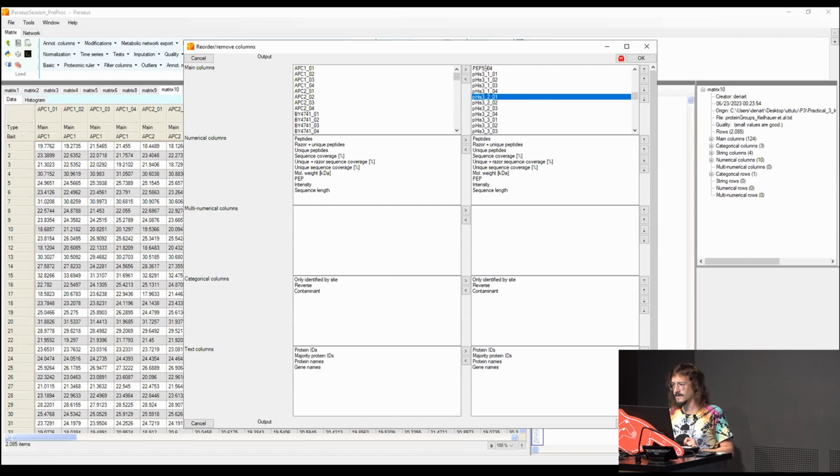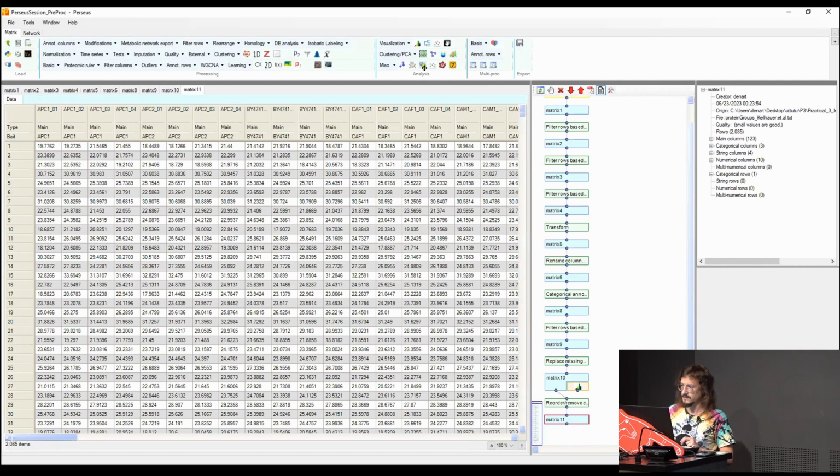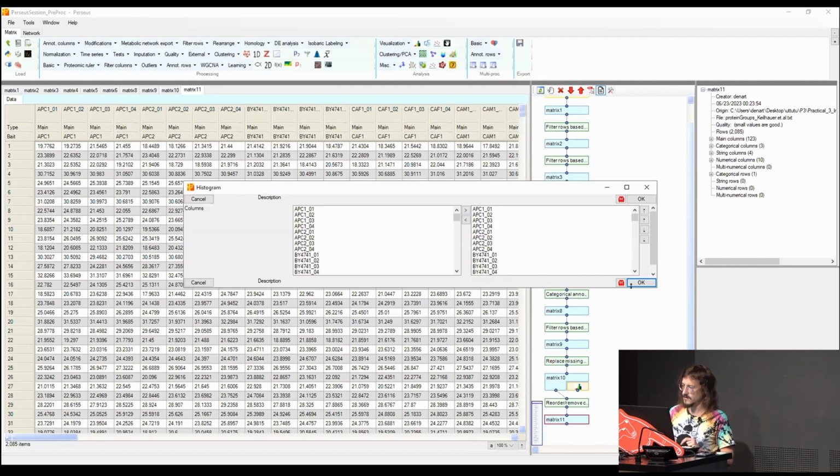So here on this part of the table, you have all the information that you want to add. And if you want to add, you move them here. And here, there is all the information that you already have in your matrix. If you want to remove them, you then bring them to the other side. That's it. And here also categorical, numerical. Let's see now if I removed the correct one.